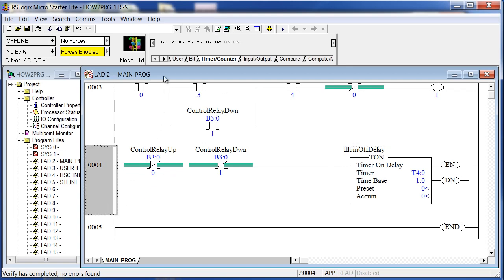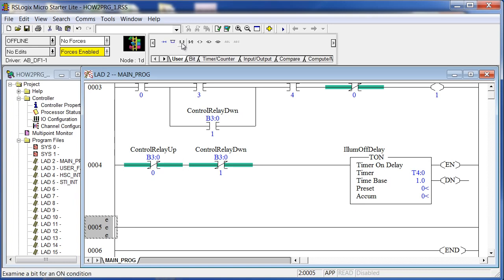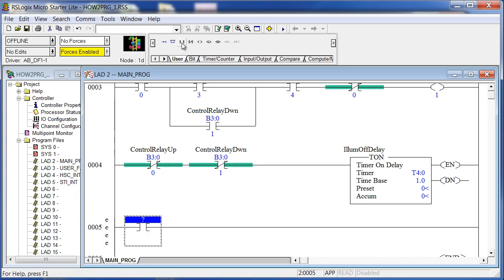Now we need to add another rung. You see I was on timers and counters, and I went to user, added in a rung. I'm going to put in a bit that's going to be controlled by this timer data type, and then a bit that's going to control the light. So I'm going to cheat. Technically I should type in